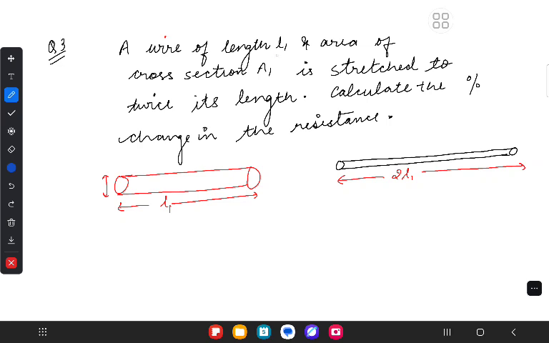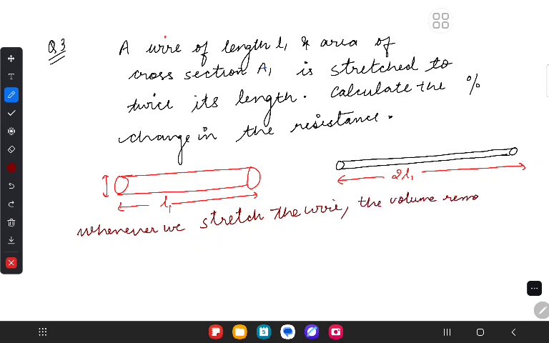So it says a wire of length L1 and area of cross section A1 is stretched to twice its length. Yes or no? So that means I'm going to say that what remains the same is that whenever we stretch the wire, the volume remains the same. The volume remains the same. आप वायर को कितना भी स्ट्रेच कर लो, ठीक है, तो जितना वॉल्यूम इसका है उतना ही वॉल्यूम हमारे इसका भी है।